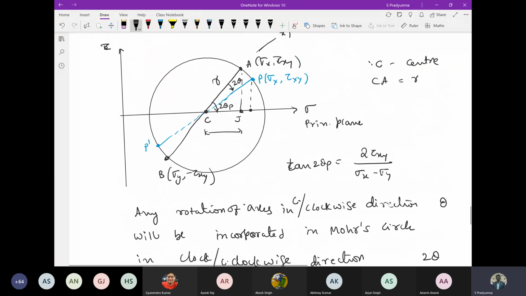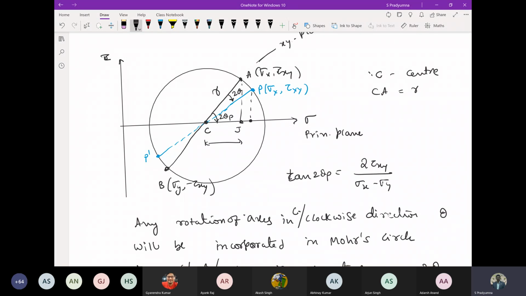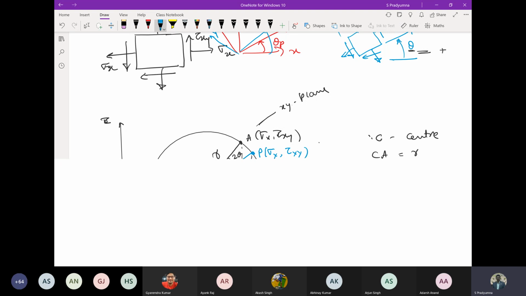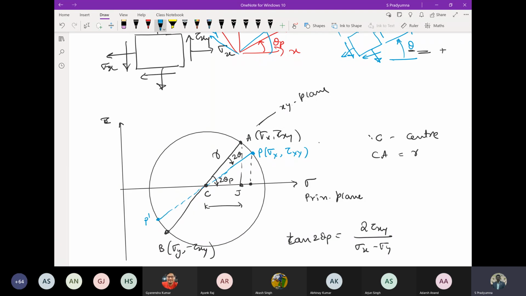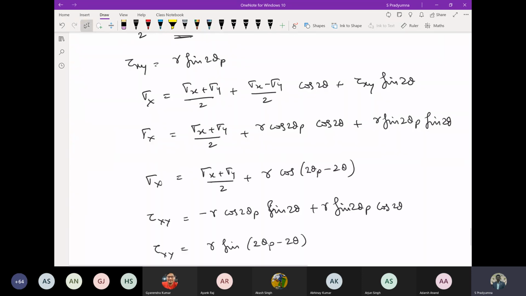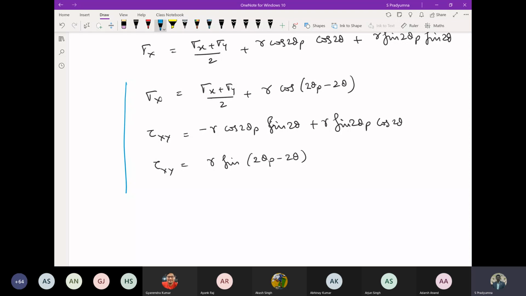So now I can just consider graphically, I just rotate it by measuring 2 theta in the opposite direction. For example, if I want the capital X axis rotated counterclockwise by theta, I get the same capital XY plane in the Mohr circle by making the rotation in the clockwise direction. So this is my capital XY plane. So now I can obtain what is the value of P, what is the value of P dash, right? So this is what I do when I want to find out the value of this.